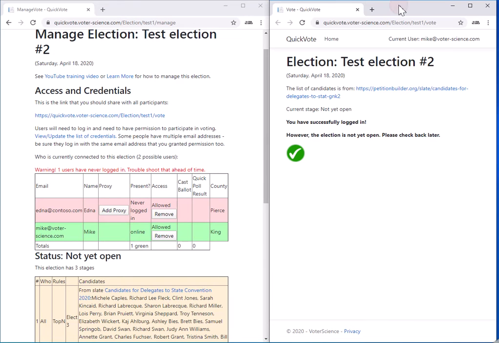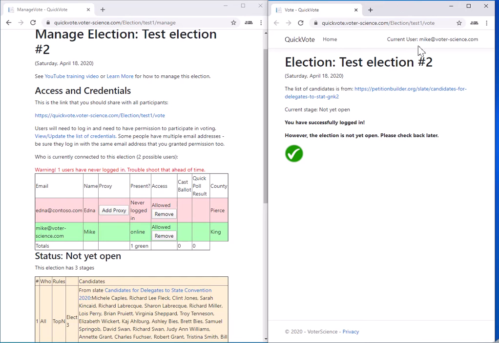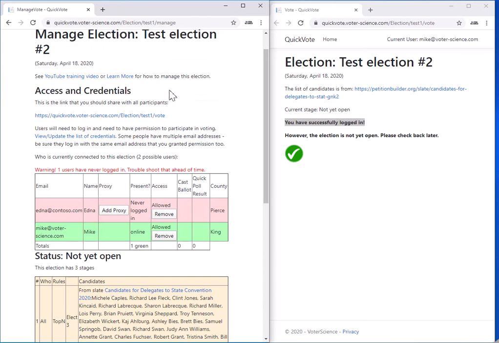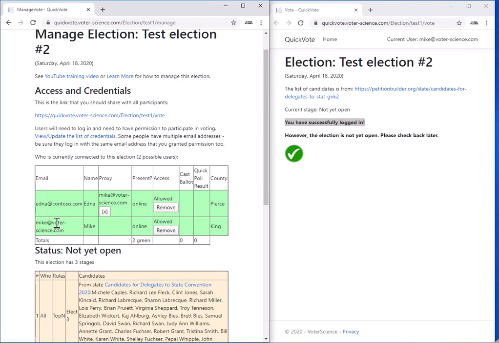On this right page, we can see the view for Mike as a participant, and that he has successfully logged in. So say Edna does not have access to an internet connection and needs to be able to participate, we can go here, add a proxy for her, and enter the email of the person who will proxy on her behalf. So in this case, we will set up Mike as a proxy, and now it shows that Edna is being